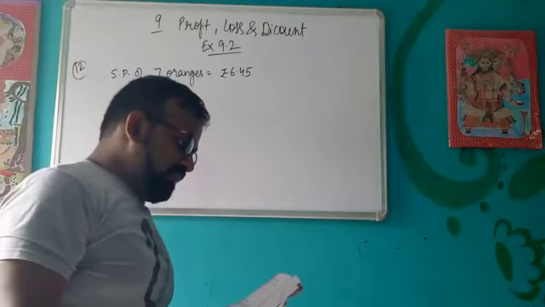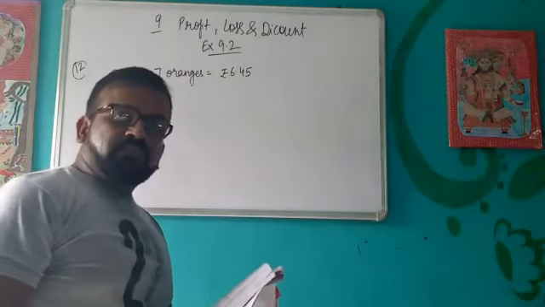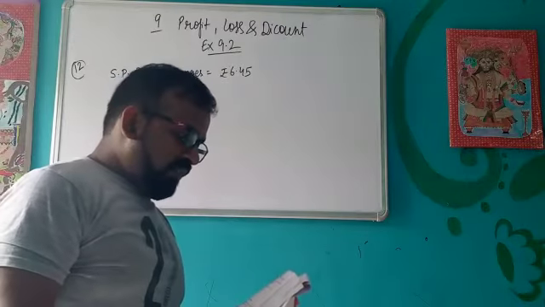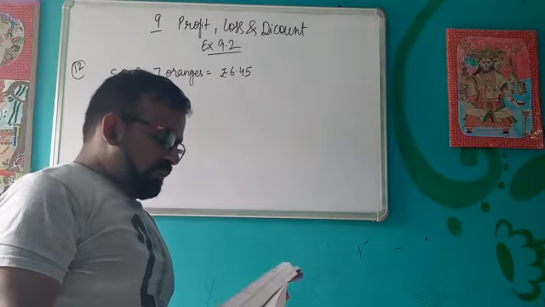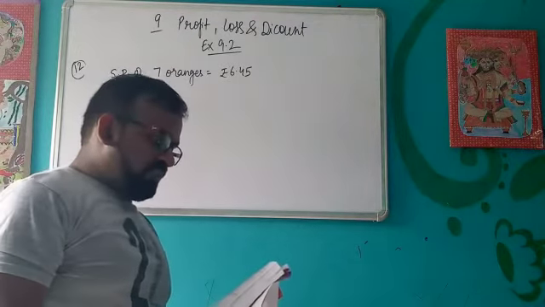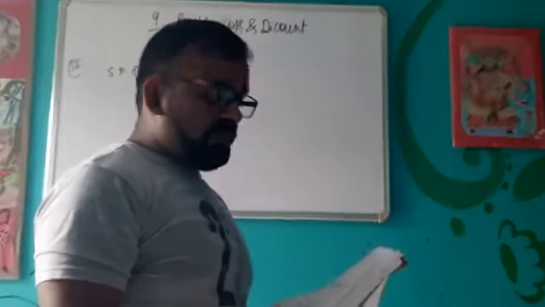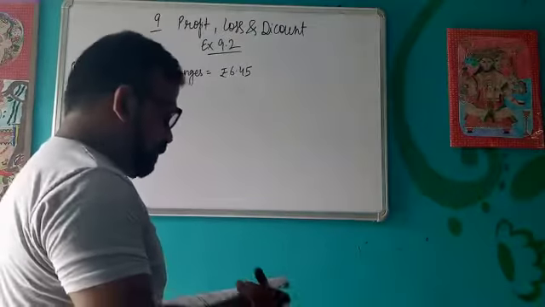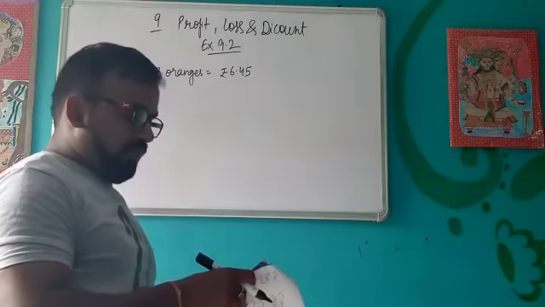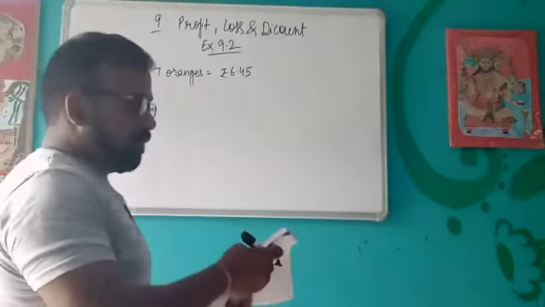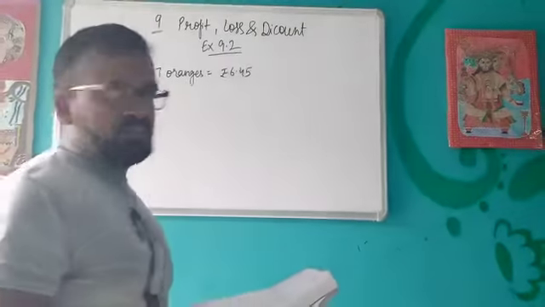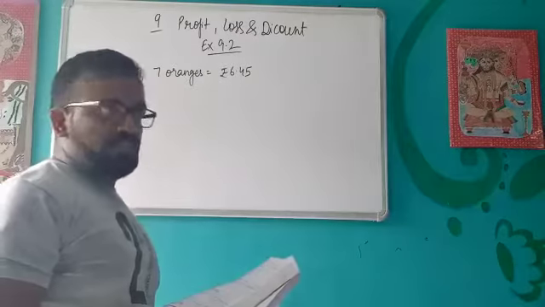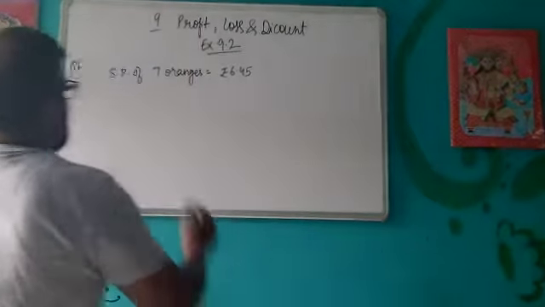Okay. So in this question, the selling price of 7 oranges is given, then profit is given, then we have to calculate at what price he must sell these oranges, and that price should be per dozen. So what I am going to do in this question, since I need all the quantities in dozens, from the beginning onwards I will convert this selling price into the dozen, that means 12 quantities.